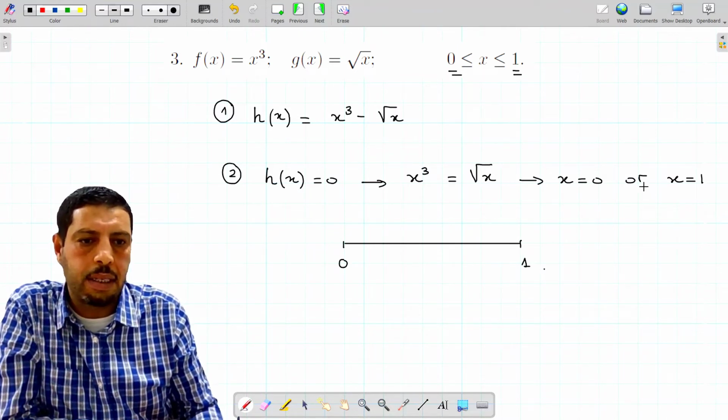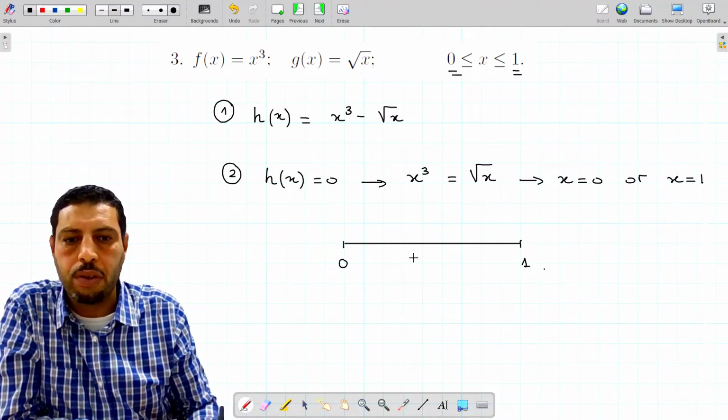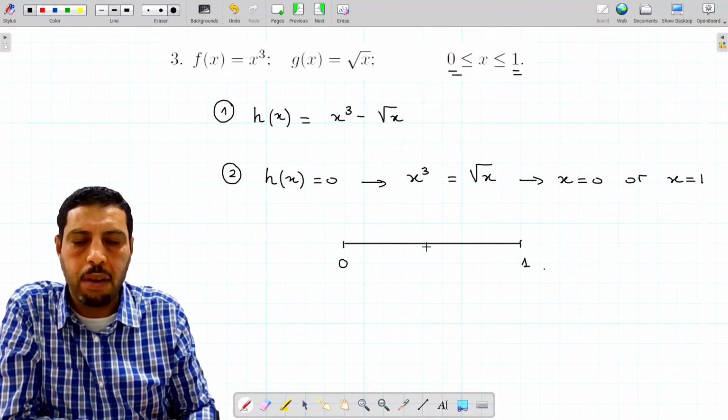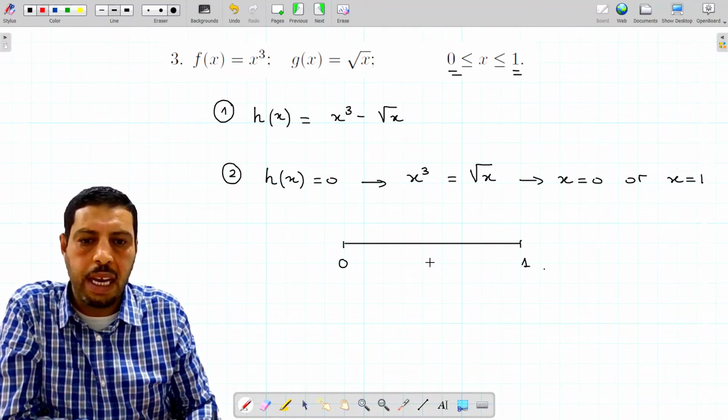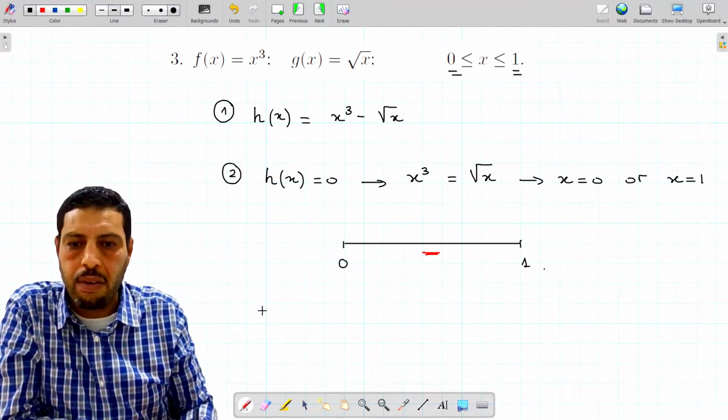And of course, you can put the 0, the 1, there is nothing inside. So you just need a test point to get the sign of h of x on this interval. You can evaluate h of 0.5, for example, and you will find a negative result. H of 0.5 will be negative, so the h is negative on this interval,